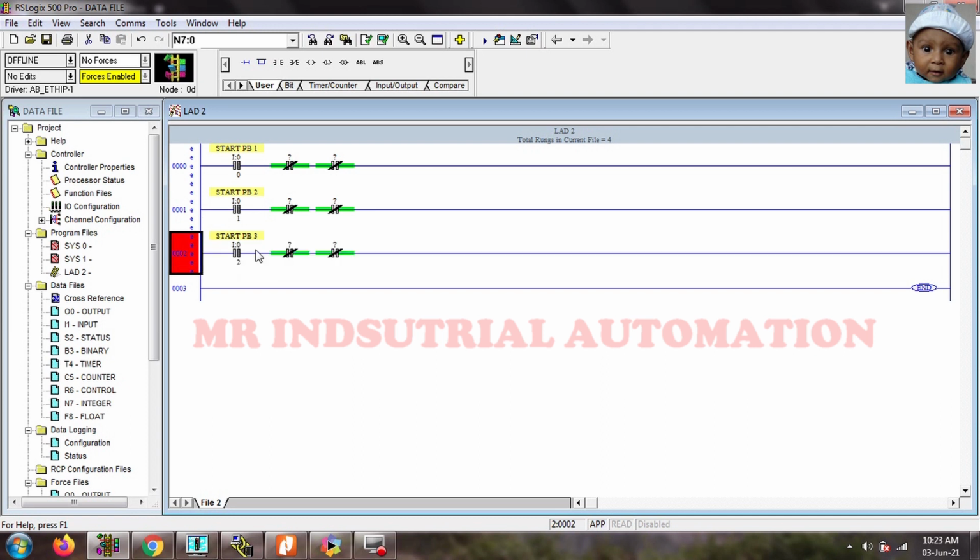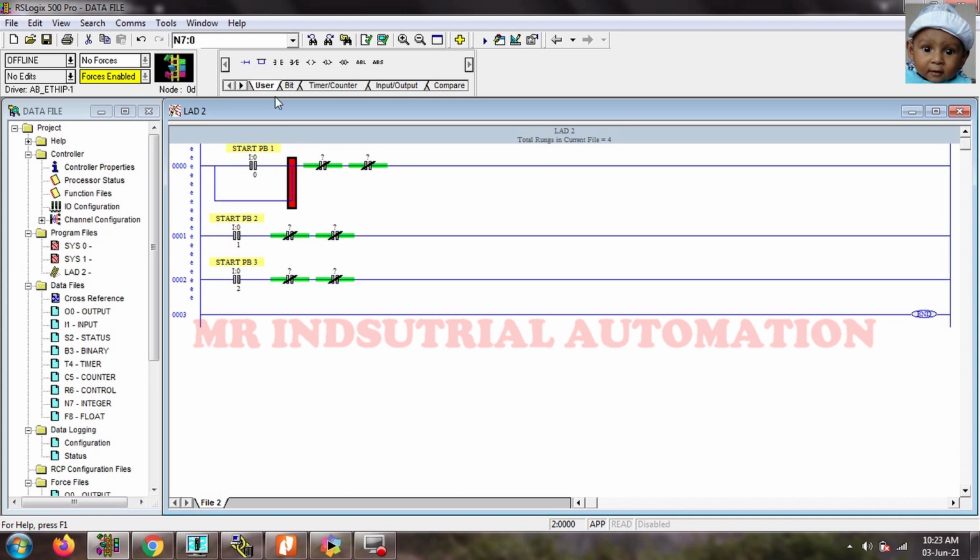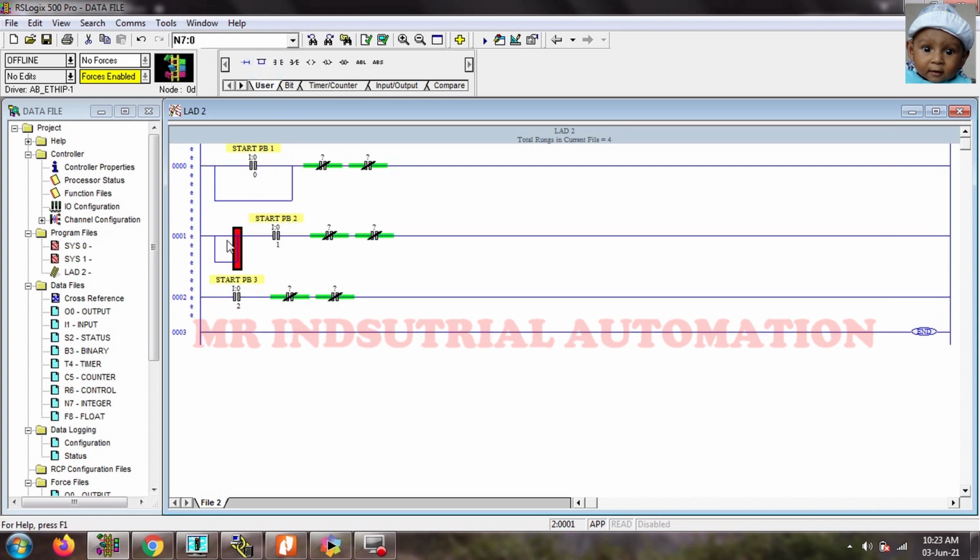So we have taken 2 NCs on each rung. We will take a branch and we will add it on each rung.